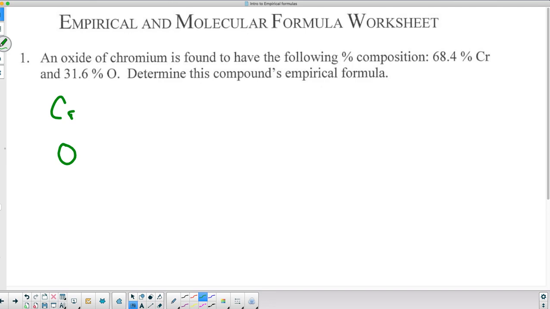And for chromium, it's 68.4%, and for oxygen, it's 31.6%. Okay, so we found the amounts of each element in this compound, and there's only 2 of them, which is nice. So what I'm going to do then is look at a periodic table,